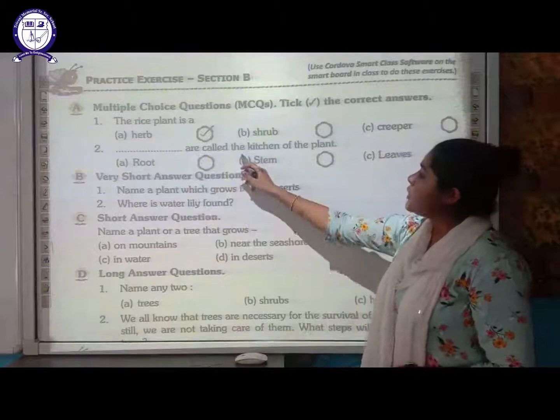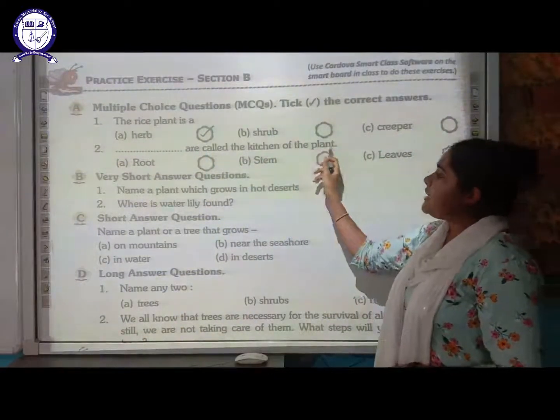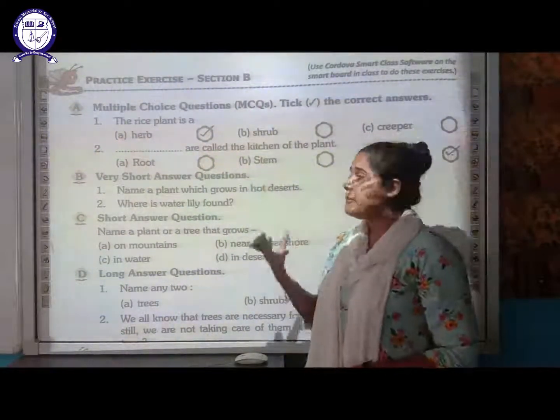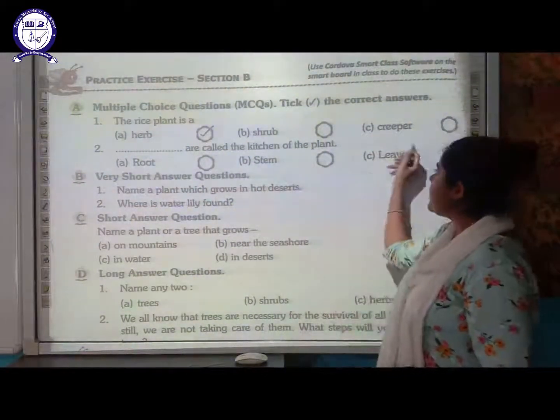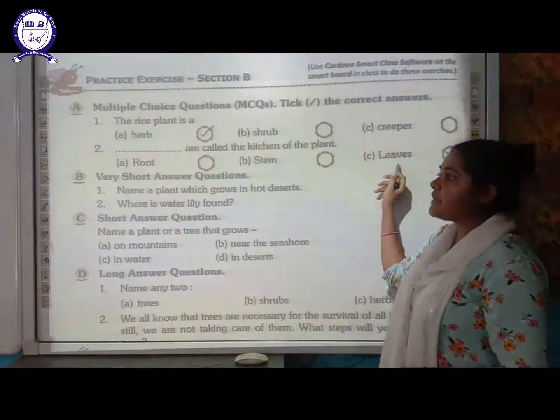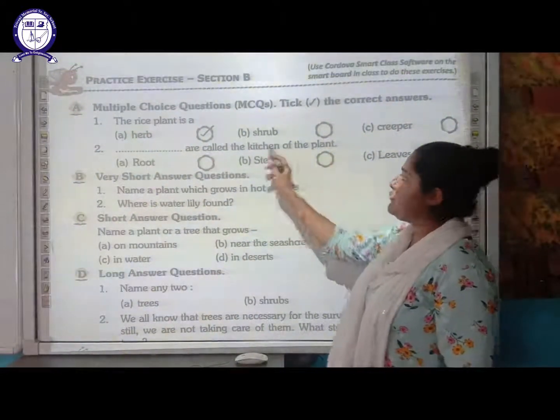Next is, dash are called the kitchen of the plant. So kitchen of the plant, where the plant is going to prepare the food. So that plant is root, stem or leaf. So the right answer is leaves. Leaves are green in color and they are going to prepare the food, and that is why